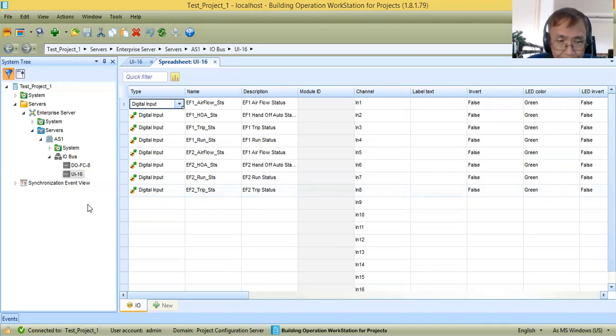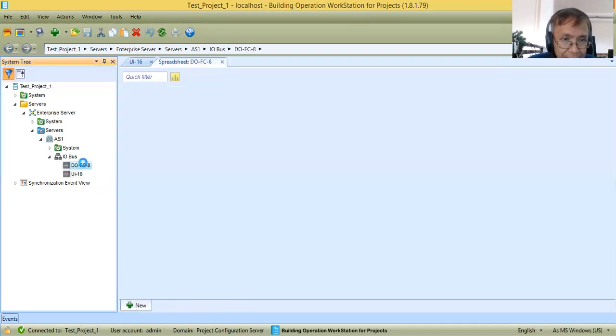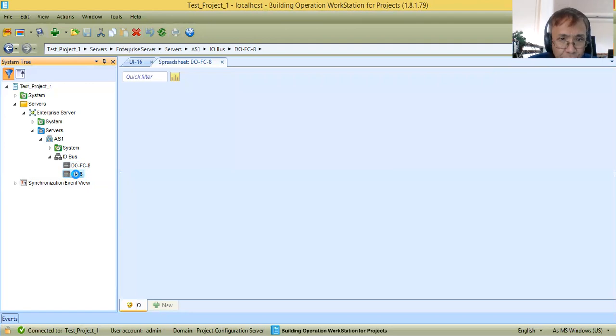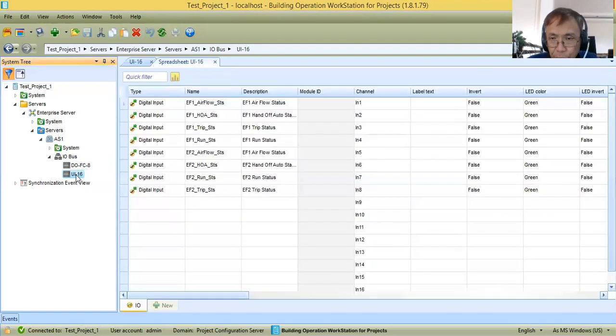So to wrap it up, now I have created 2 points from my digital output module, EF1 and EF2 start-stop command. Now I have created 8 points in my universal input. So what are the points?